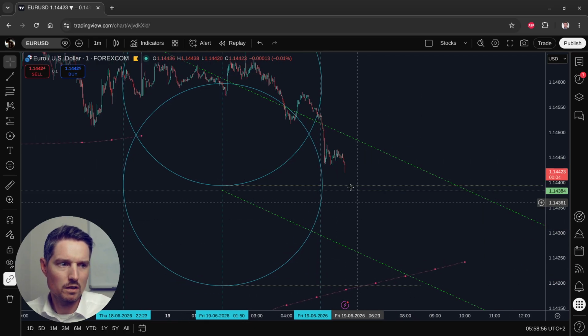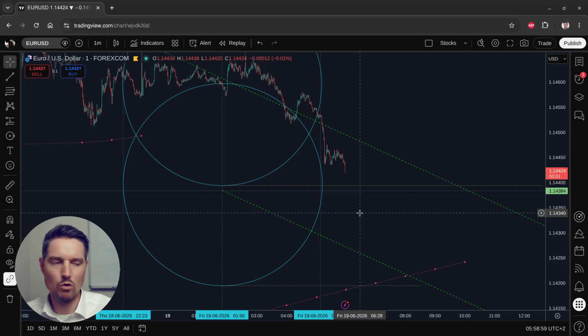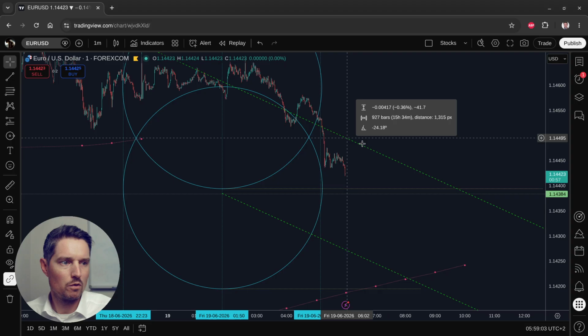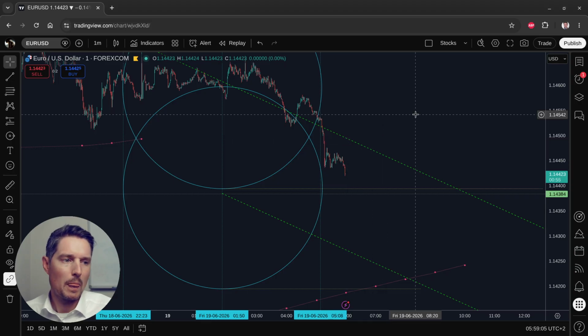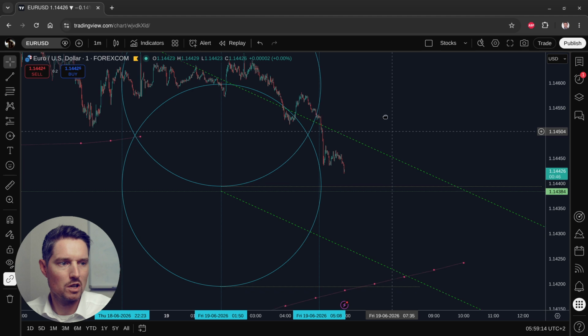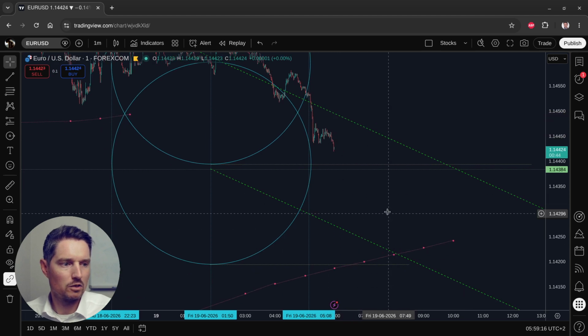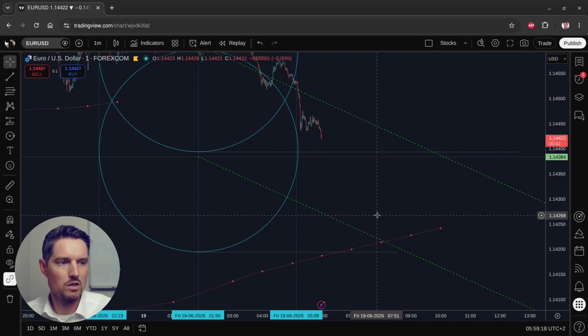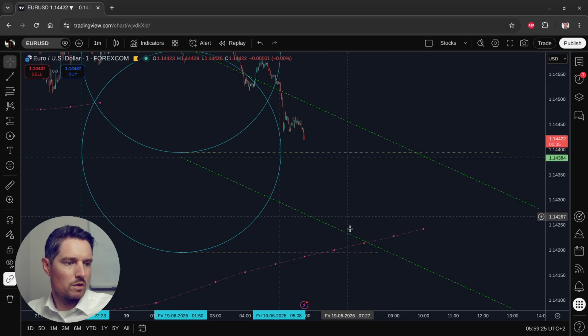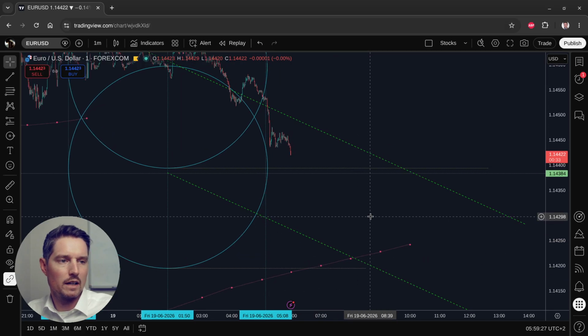We could just be dropping until we reach this point, or we could be retesting the top of this channel. I'm expecting the latter will happen. So my prediction is that we will test the top of this channel and then go down to this space-time guide right here, and that from this point we will see a reversal